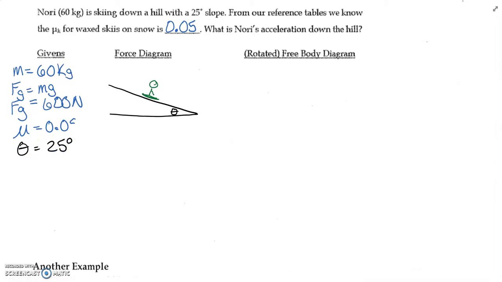So let's draw the forces that act on our skier. So we have force of gravity, straight down, 600 newtons. We have normal force perpendicular to the surface, and then we have the force of friction opposing motion. So if I rotate this,